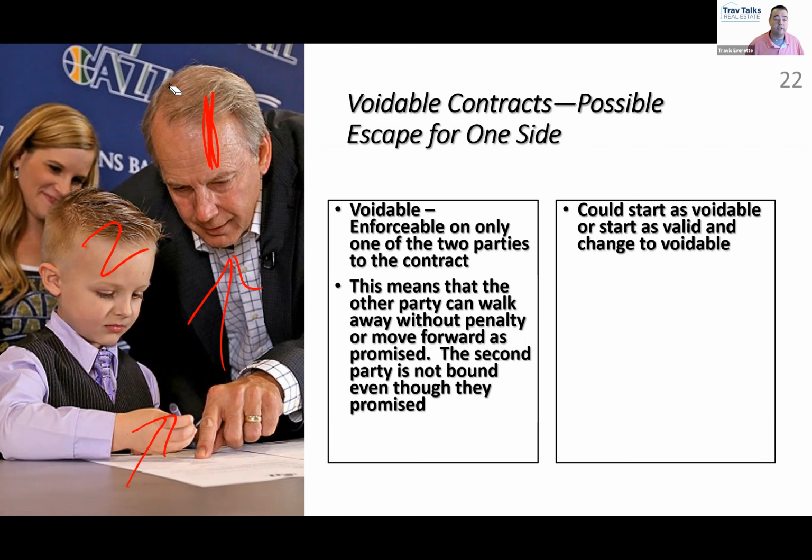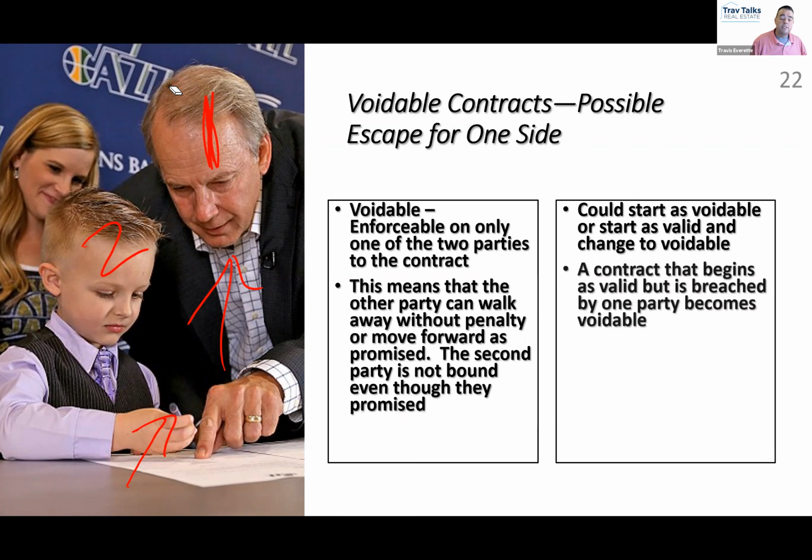Really good question. Okay. So just like this voidable contract could change to valid, a valid contract could change to voidable at some times. Sometimes contracts start as valid. So we'll start a new example. Let's say Aaron is selling a house to Elizabeth, and they've agreed on a purchase price. They've agreed on a deposit amount. They've agreed on the closing date. They've also agreed that Aaron will replace the roof prior to closing.